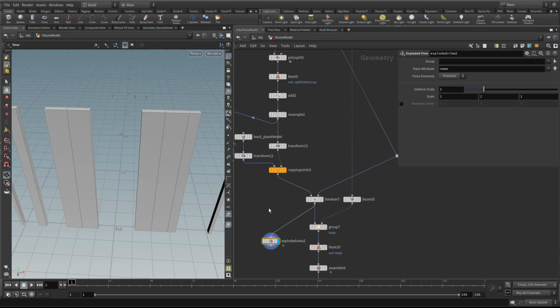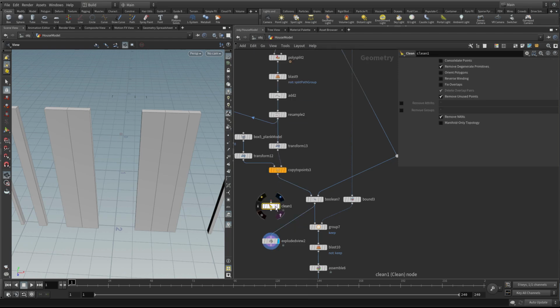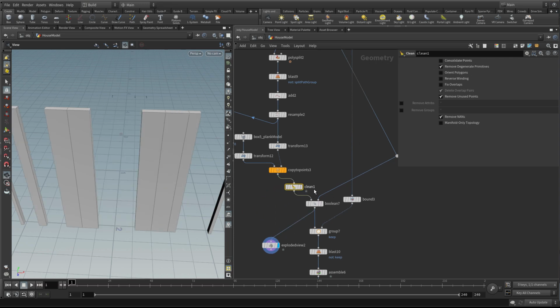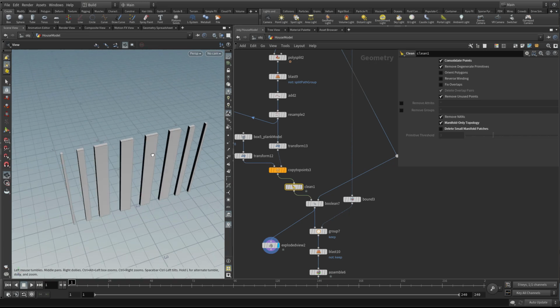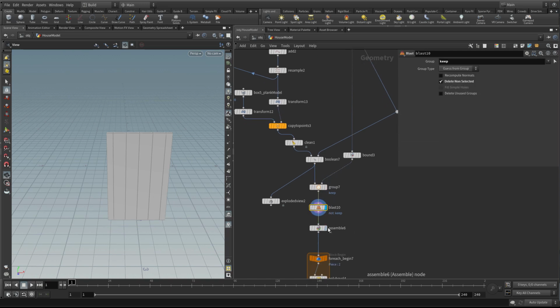So what we can do is clean up our topology here before we plug it into the boolean. We want to consolidate the points, and we notice we get an error of non-manifold geometry, so we can say manifold only topology but keep the small patches, which, there we go, fixes our issues. So if we now blast off those bits and assemble,